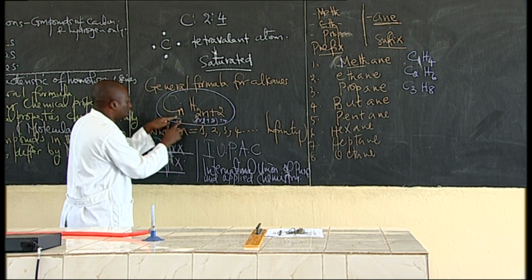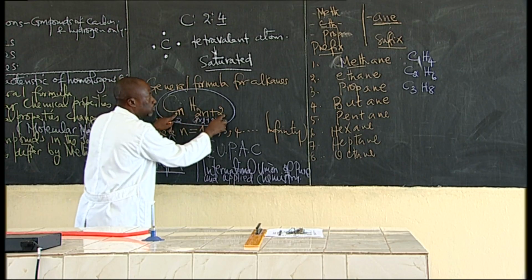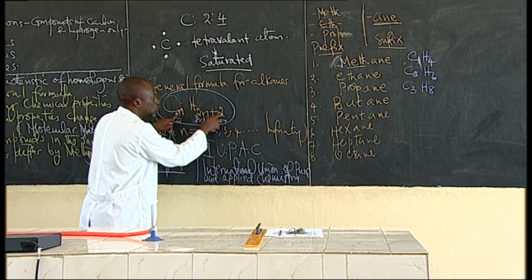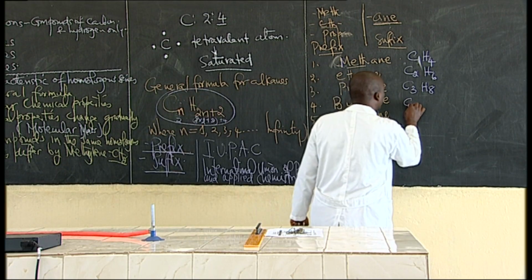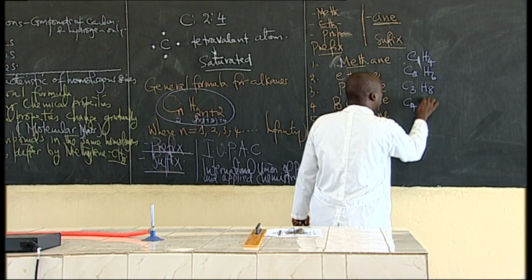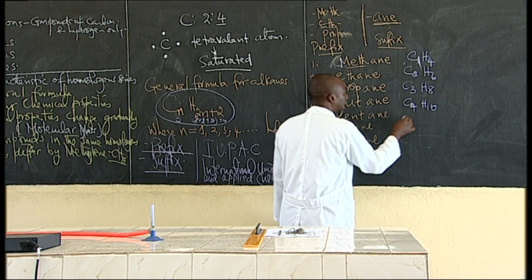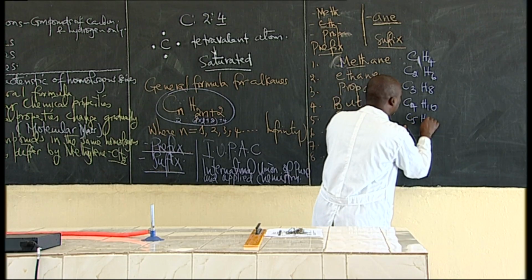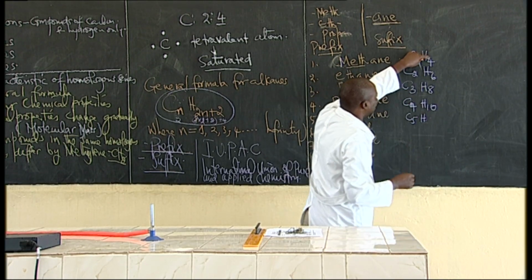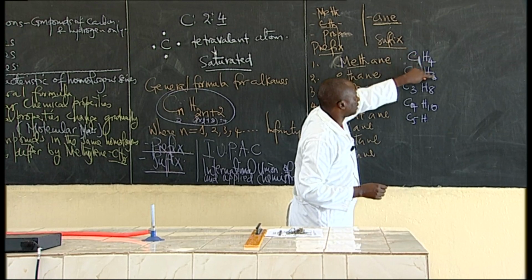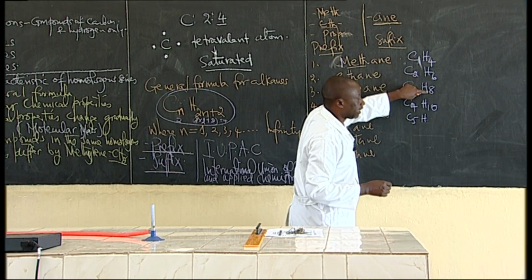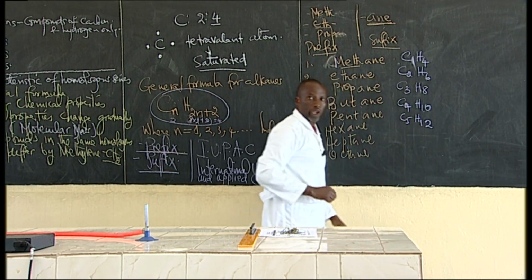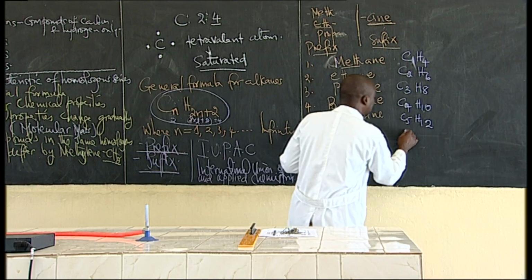This is Cn, that is 4 here. Then what about the hydrogen? We'll have 2 times 4, that is 8, plus 2, that is 10. So we'll have C4H10. Pentane, that is C5H. This one will be H. When you look at this, what is the difference here? You'll see from here that 2 is added here, 2 added here, 2 added here. So that means this one will be 12. When you have hexane, you have